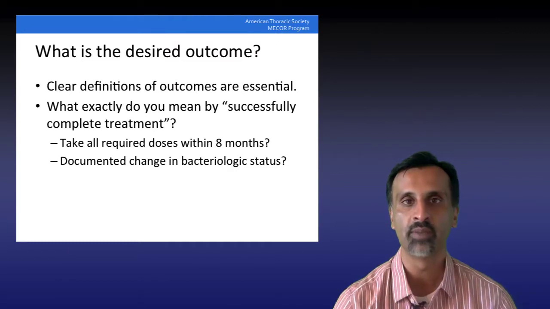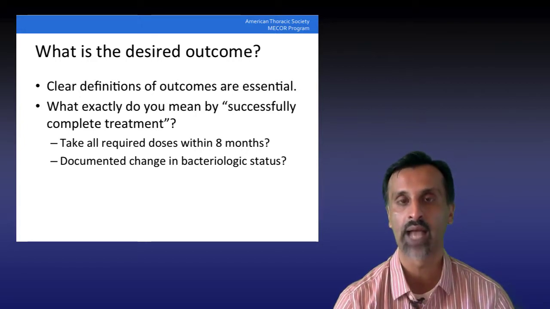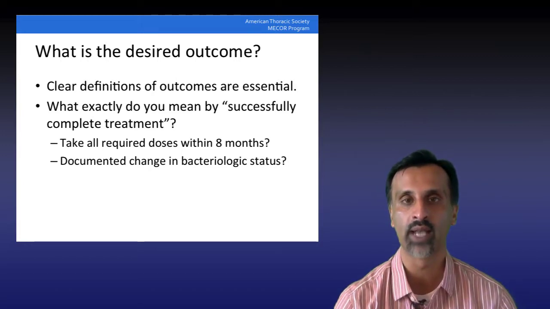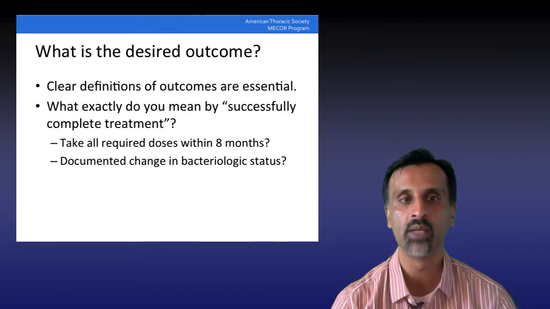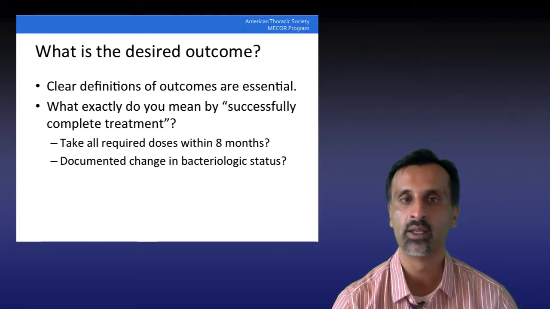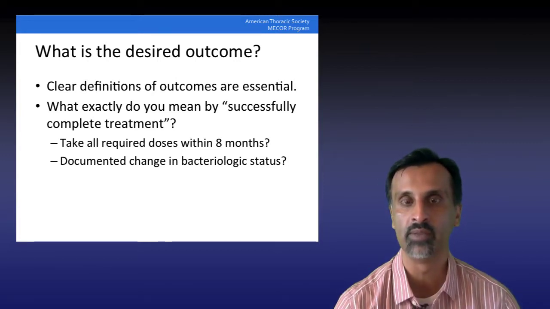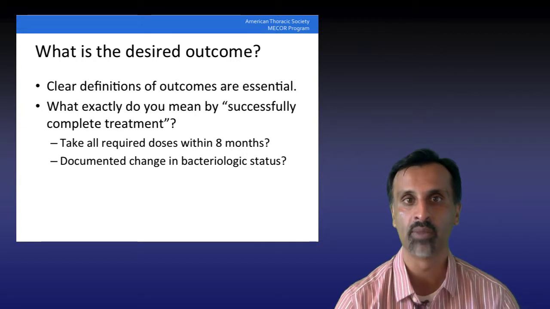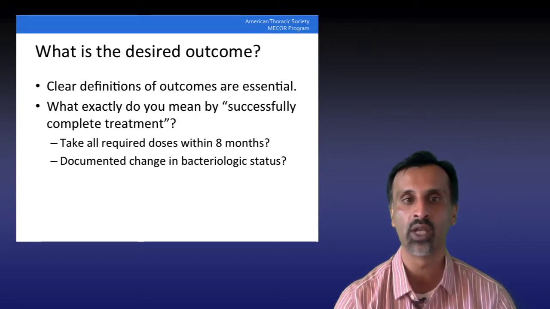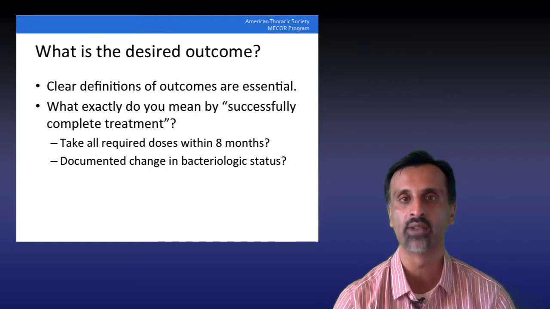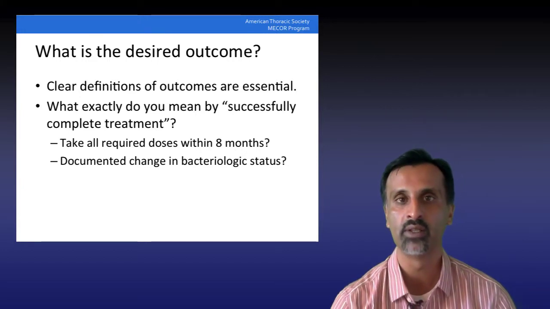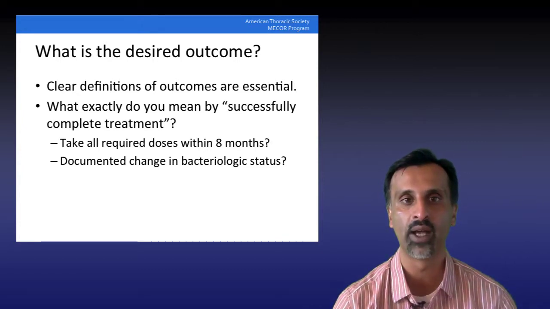And last, you really have to specify the outcome. Clear definitions of the outcome are essential, both so that people can understand what you're talking about, but also when you go on to define your measurements and how you're going to measure the outcome, you know exactly what you need to measure. So what do you mean by successfully complete treatment? It could mean take all required doses of TB treatment within 8 months. Or some people might mean that there should be a documented change in bacteriologic status in the last 2 months of treatment. Both of these involve different measures, and so it's really important to let people know how you're defining